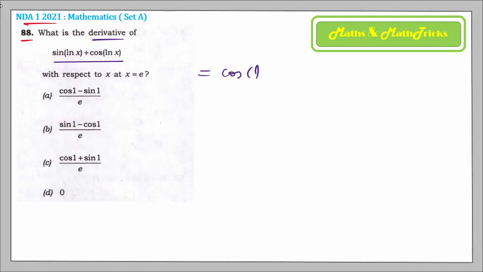It is cos of ln x into the derivative of ln x, which is 1 by x, plus cos of ln x, whose derivative is minus sine of ln x, right? Minus sine of ln x, again ln x derivative into 1 by x. Now why did I write it like this? For this you must remember